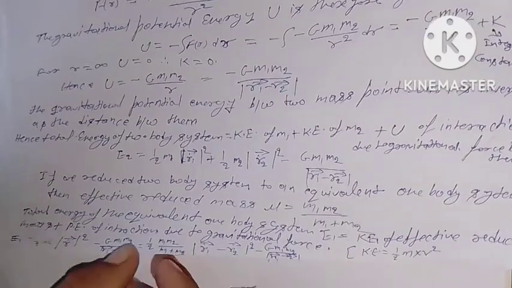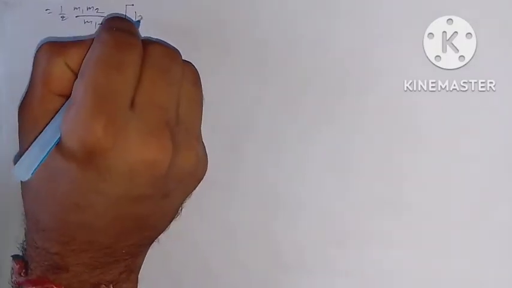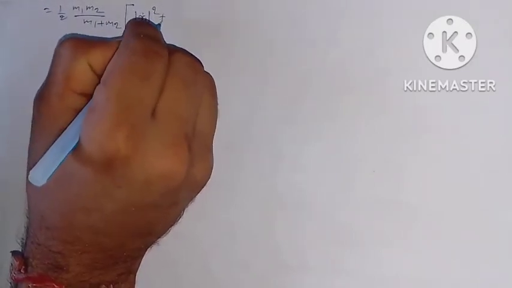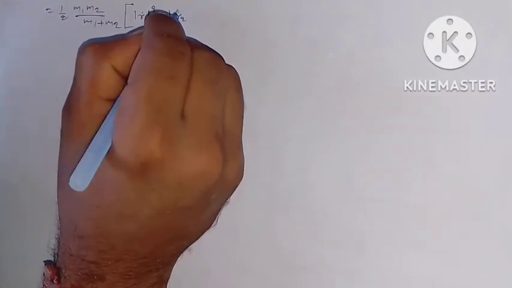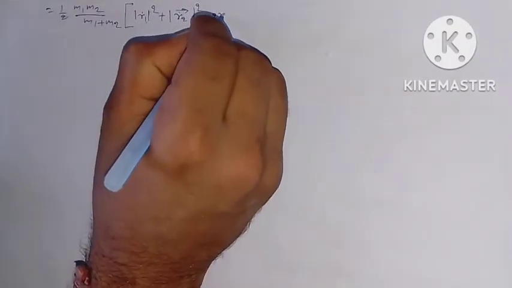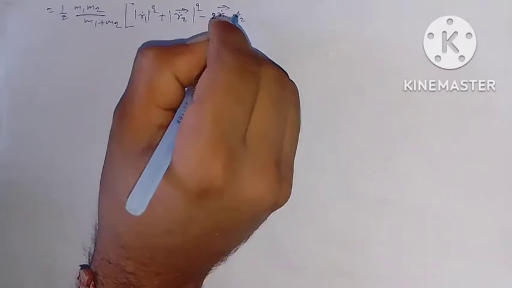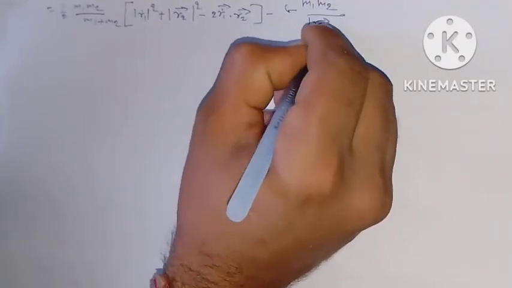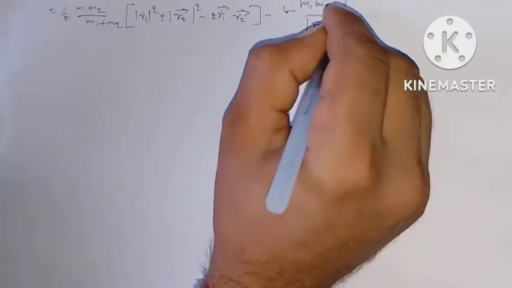And we can also write this as equal to 1/2 m1 m2 upon m1 plus m2, in bracket, mod of derivative of r1 vector whole square plus mod of derivative of r2 vector whole square minus 2 r1 vector derivative into r2 vector derivative, minus G m1 m2 upon mod of r1 vector minus r2 vector, because